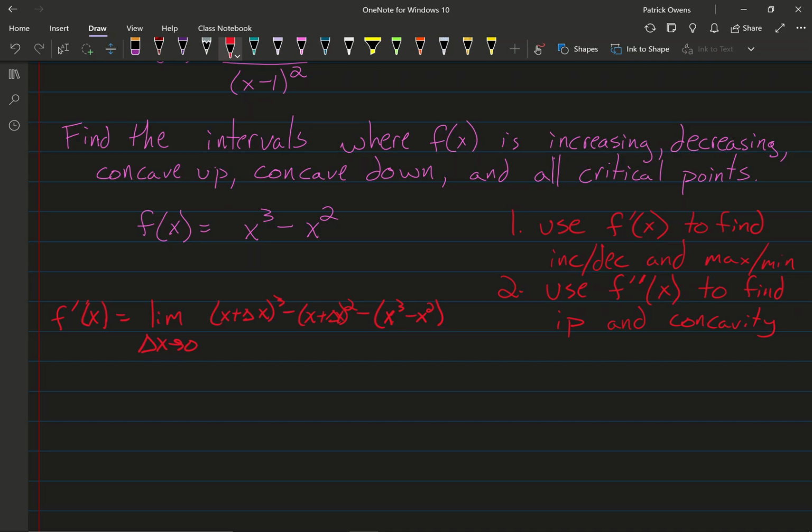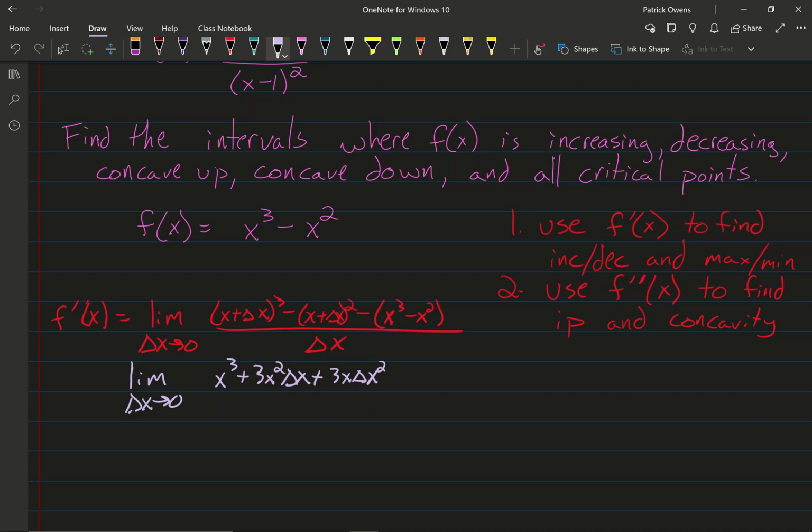Every step we need to write that limit as delta x approaches 0. We expand this using Pascal's triangle. And I understand that these can be a little space consuming, but make sure you're being clear with each step and you will be